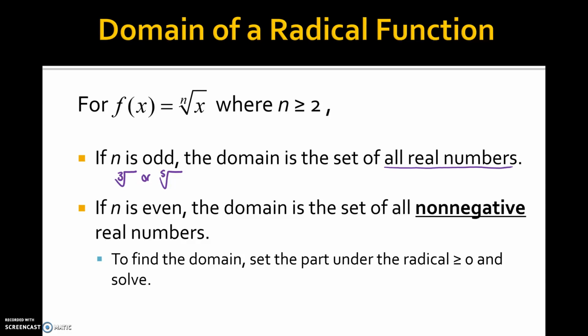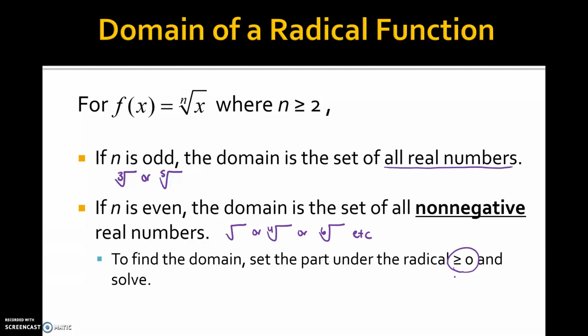There's no limitations. However, if n is even, if we're trying to do a square root or a fourth root or a sixth root, etc., can we do the square root of negative 16? No, we'd get imaginary numbers. So the domain is going to be the set of all non-negative real numbers, because you can't put a negative number under the radical. To find the domain, set the part under the radical greater than or equal to 0,